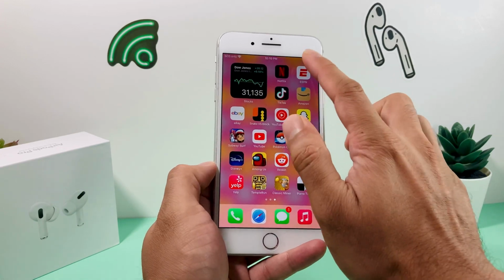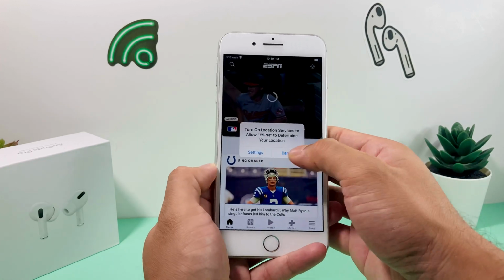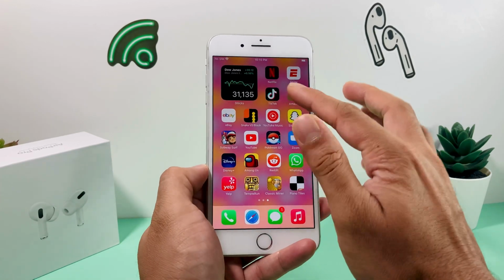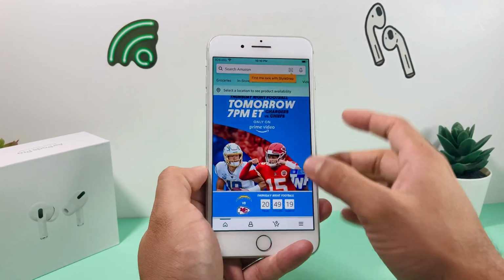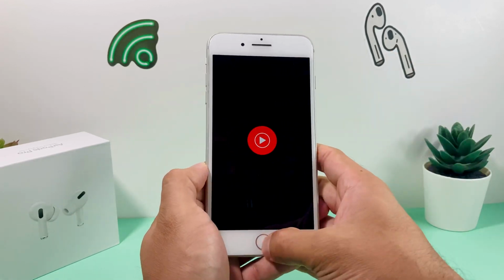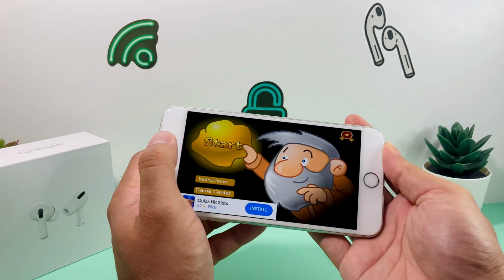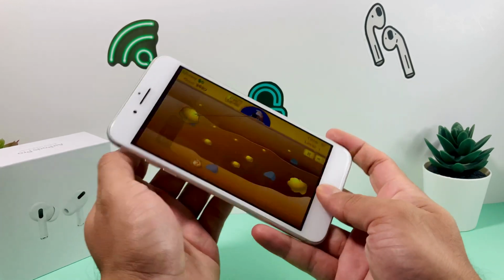But again, iOS 16 compared to iOS 15, not too much different in terms of slowing down, but it might actually be beneficial in terms of speeding up the device. Again, different users have reported different experiences. It's a mixed review. It's still very brand new, so we're not really sure how long this speed will last, but it seems to be much faster than the previous version, iOS 15, which is definitely good news considering that the iPhone 8 Plus, again, is a popular device that you'll see across the board with a lot of users